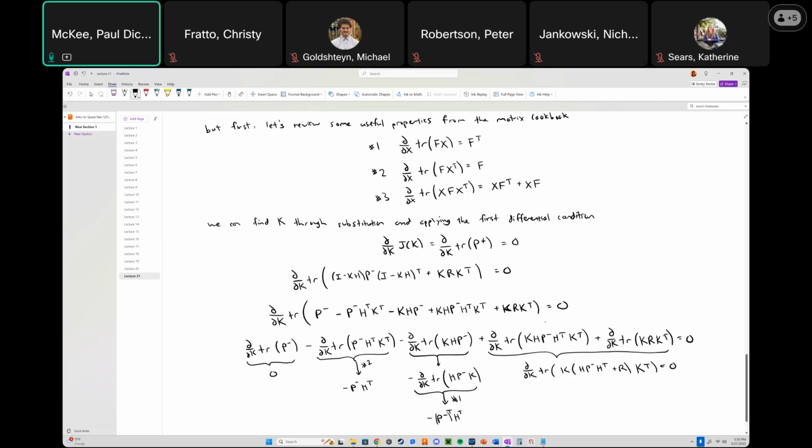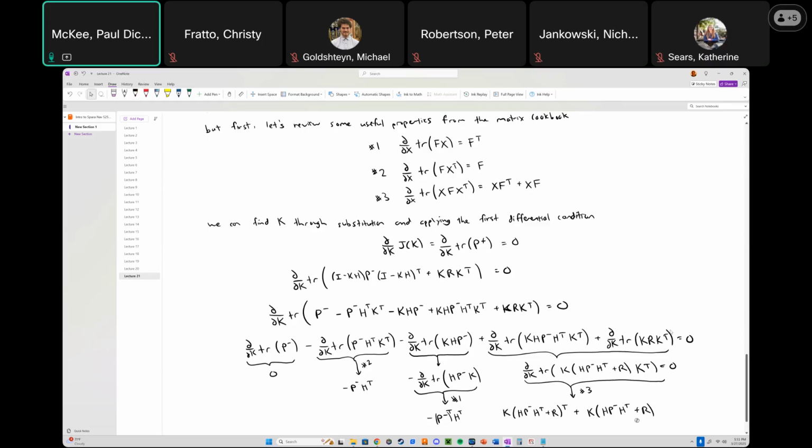And now this reminds me of number 3, which is saying X F X transpose is going to become all this other stuff. So what we're going to end up with here is K, and then we've got (H P minus H transpose plus R) transpose plus K (H P minus H transpose plus R),